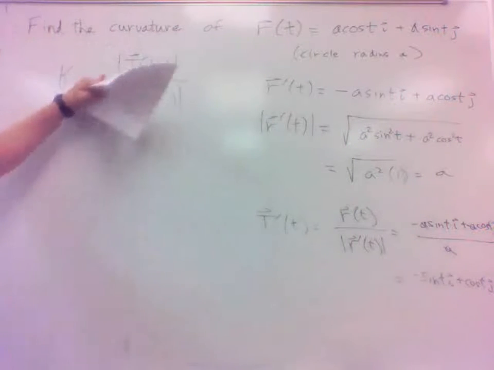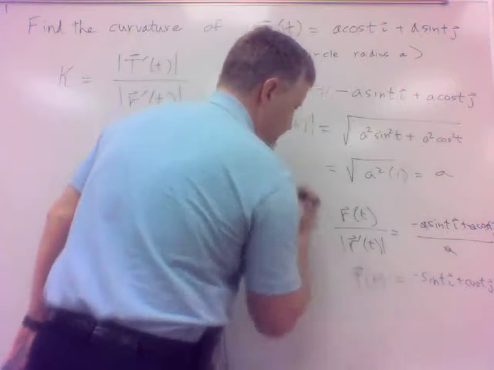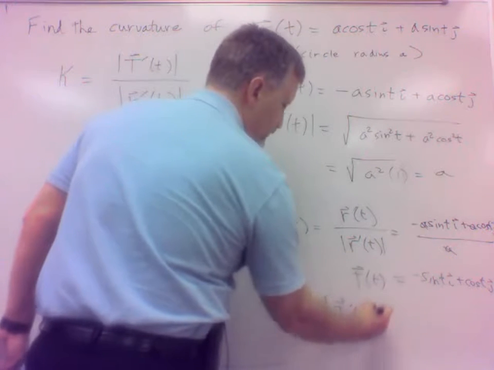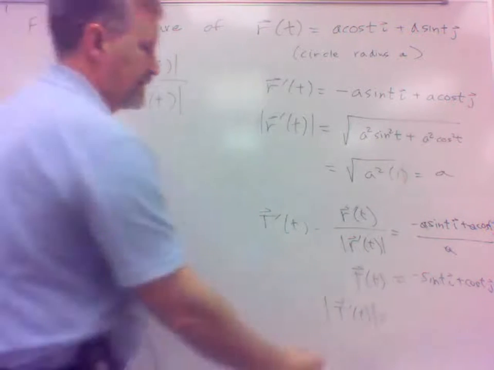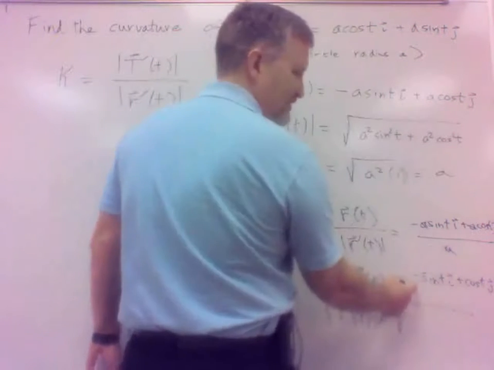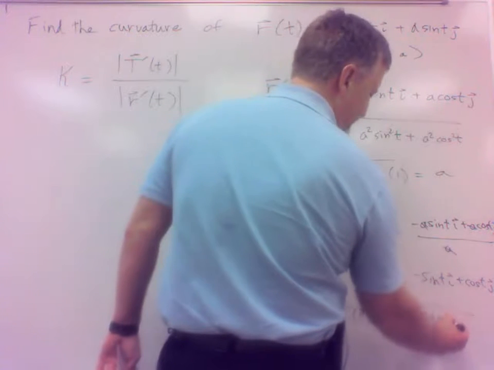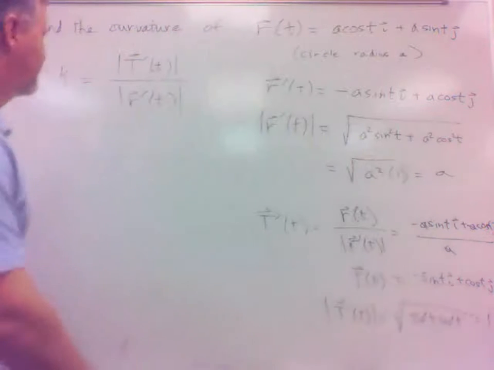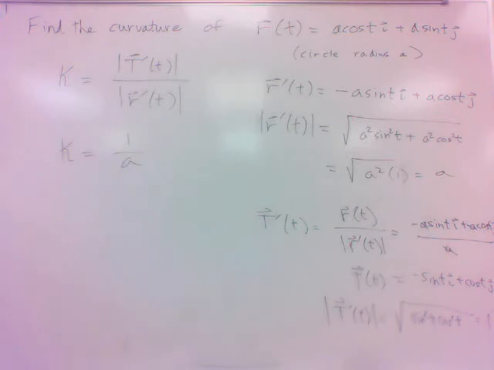But for the curvature, we need the magnitude. That's our tangent vector. We need the magnitude of the tangent vector. So we take that and square it. So it'll be sine squared plus cosine squared. So that's just 1. So our curvature turns out to be 1 over a for a circle. So it's 1 divided by the radius,